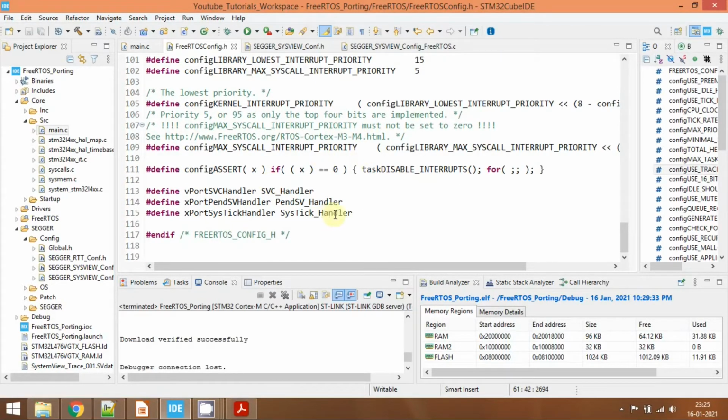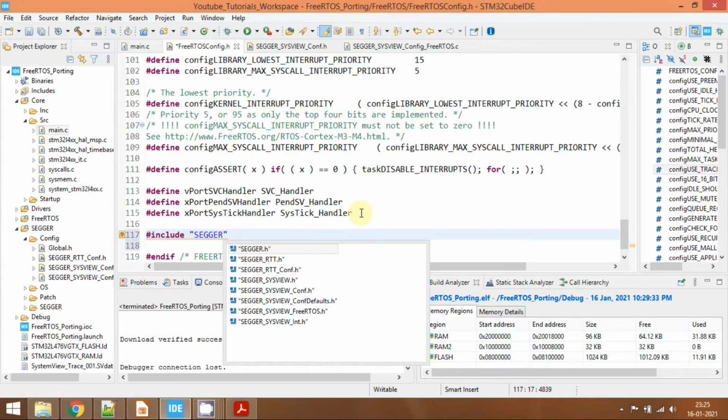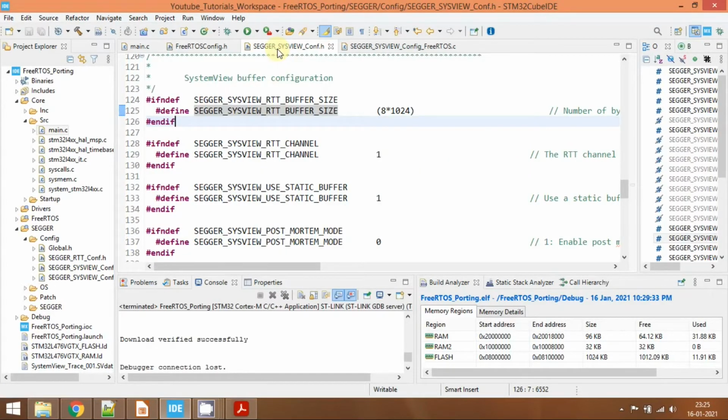At the end, we need to add one include file here, that is the SEGGER SystemView FreeRTOS.h file.